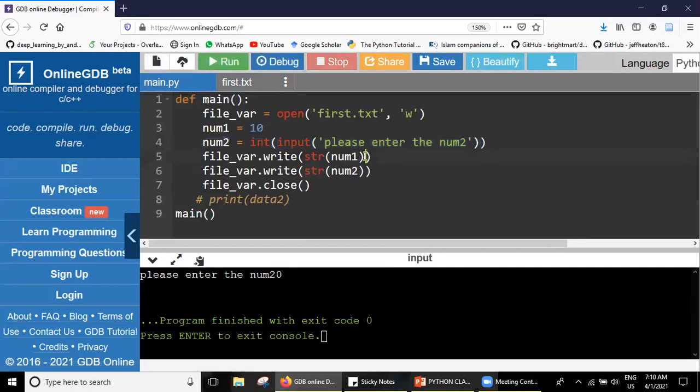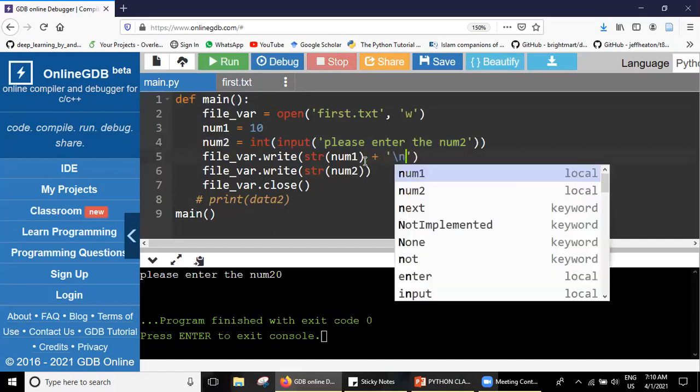So how I'll write it here is plus \n. This was number 2, right? So it was not 220. Last time I entered 20 and I deleted one thing, I deleted the 2, so only 0 was stored.